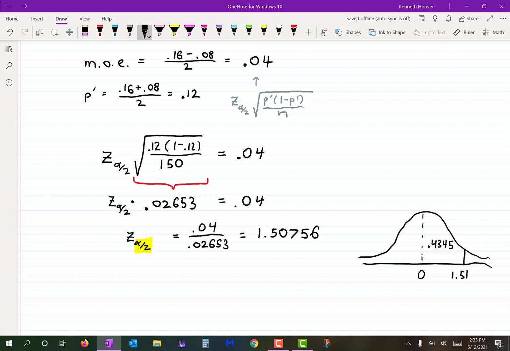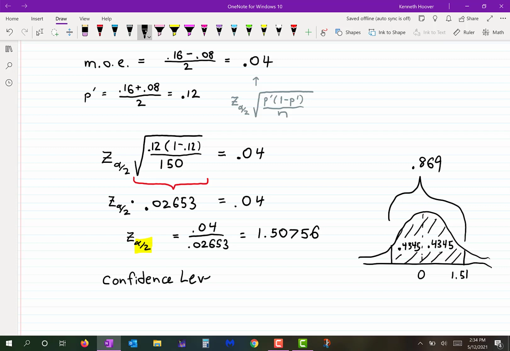And what does that tell us? That tells us that in this region right here, we have how much area? That region represents our confidence interval. Okay, it represents the probability of landing inside the confidence interval. And how much area is there right there? That's 0.869. So what's that tell us? It tells us the confidence level is 86.9%,